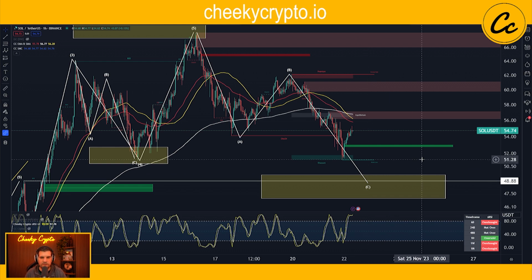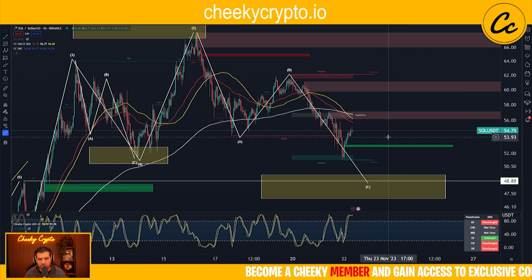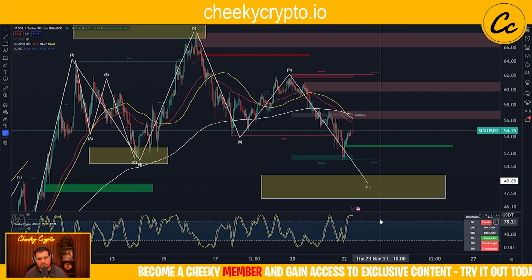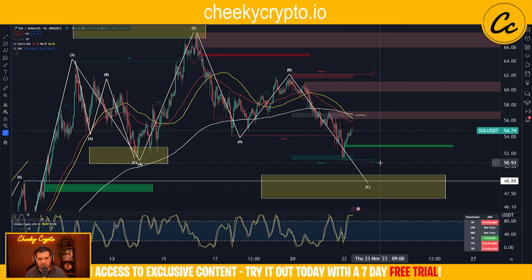We have Elliott Wave theory saying that we still have a little bit deeper to go. We've got Smart Money Concepts saying that we're now in a bearish structure. And then we've got all of our EMAs and SMAs basically indicating that things are not looking great on the 1 hour time frame and that we should probably expect a little bit more move to the downside. Couple that again with the stochastic RSI also indicating to us that things are not looking positive here for Solana